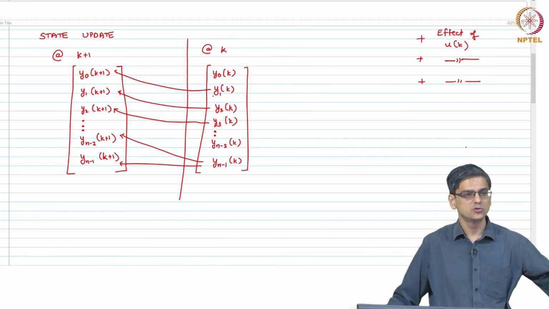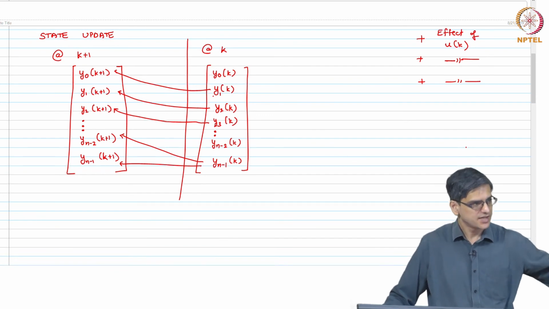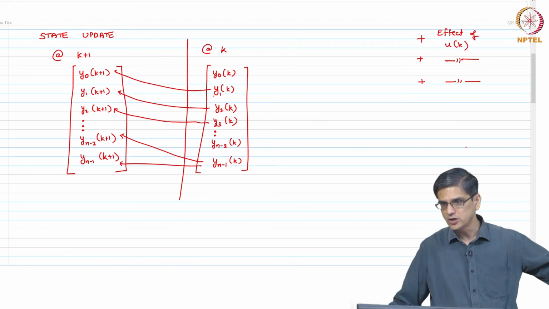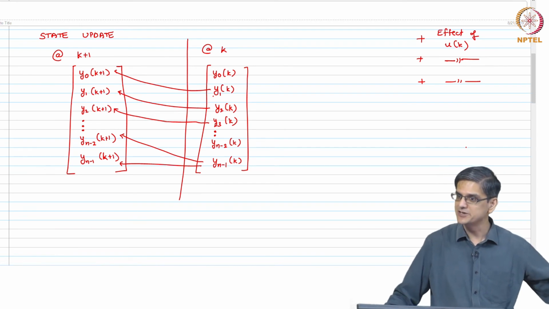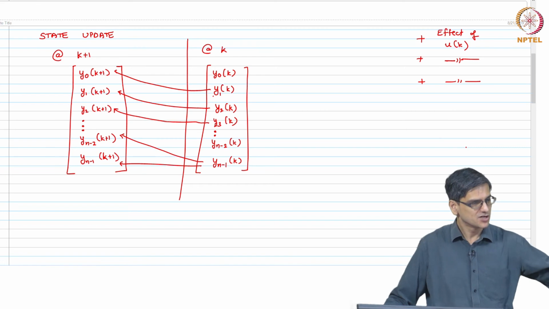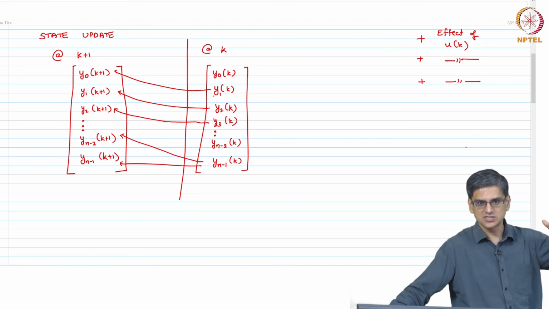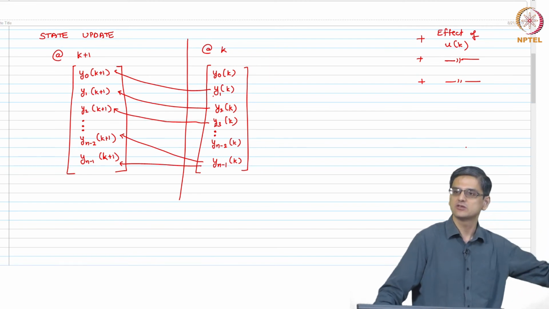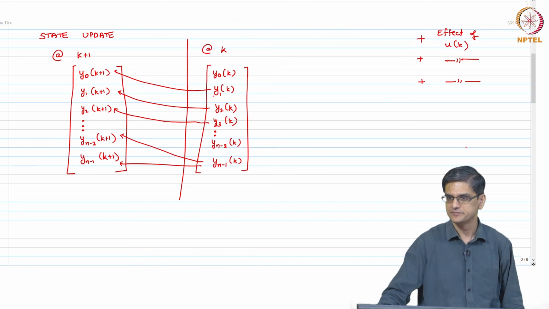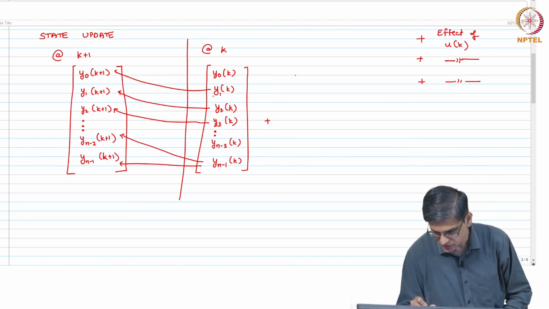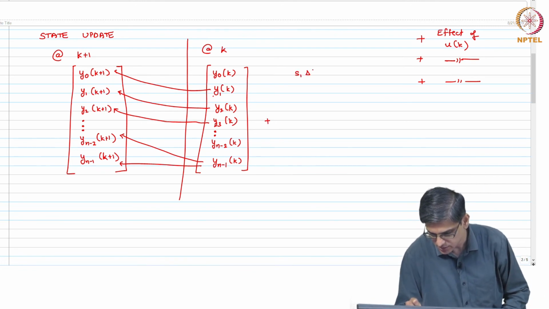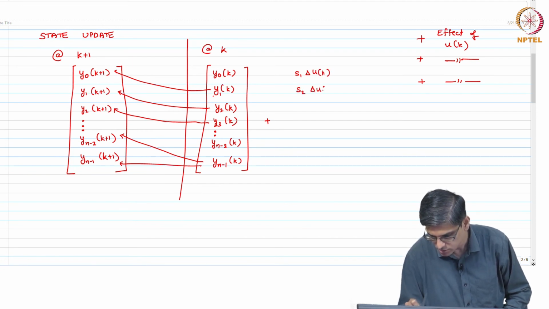What is the effect of uk on k plus 1? Is S1 multiplied by, not by uk, but S1 multiplied by delta uk. We talked about that, right, because S is with respect to the step. How much is the step? Step is in relationship with where it was previously. Okay. So, the first guy is going to be S1 delta UK, the second guy is S2 delta UK, third guy is S3 delta UK,